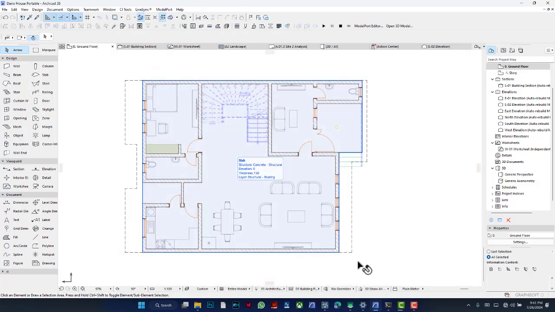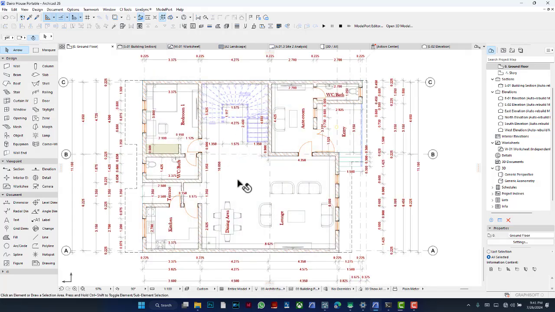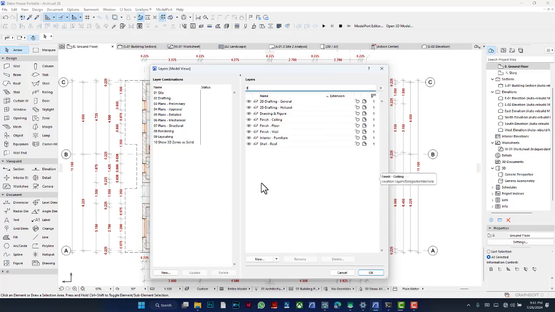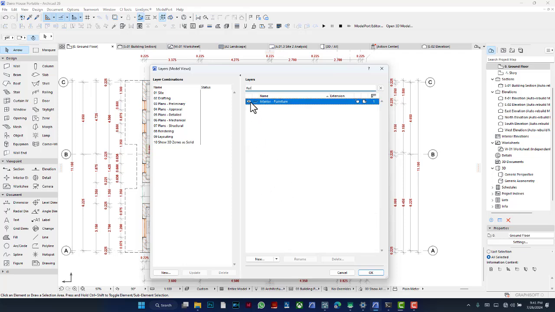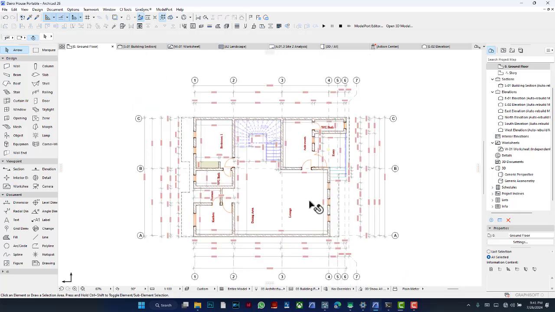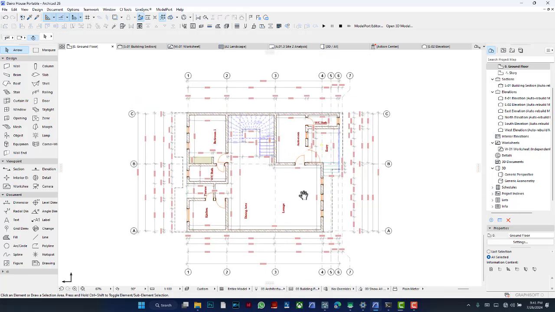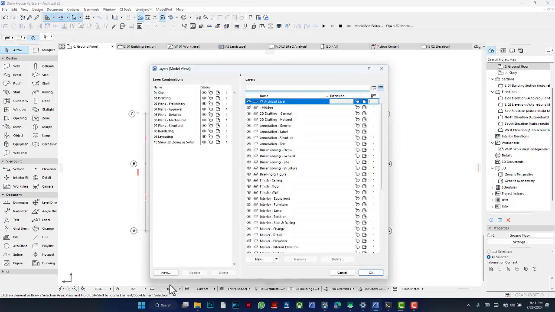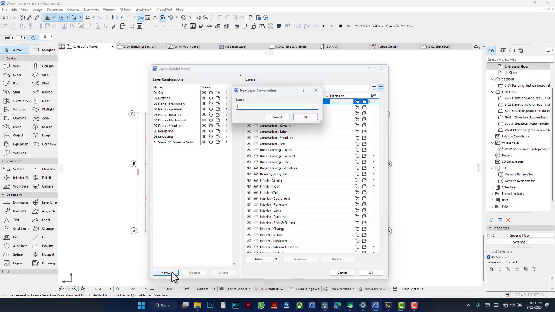This looks really busy, and now I don't want the furniture anymore, so I can go and search for furniture and then hide. And so if I want to do something else, I would have to be opening the whole layer settings all the time. No, what layer combination does is I can say, okay, I like this view like this. ArchiCAD save it for me as a new, not this new here, this other one, new, and call it working